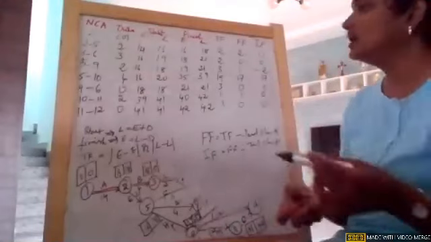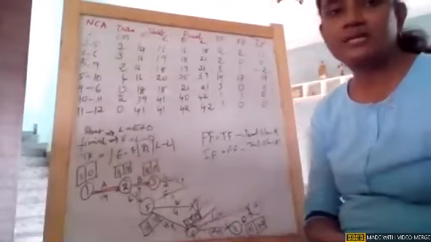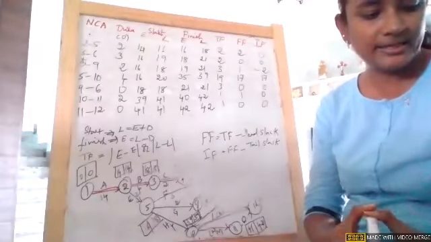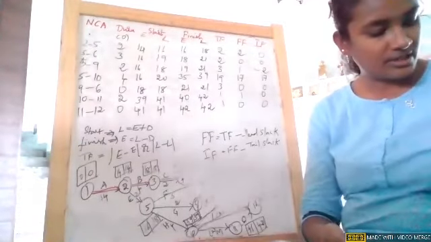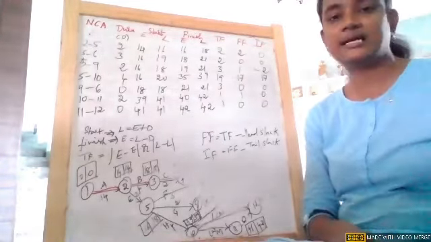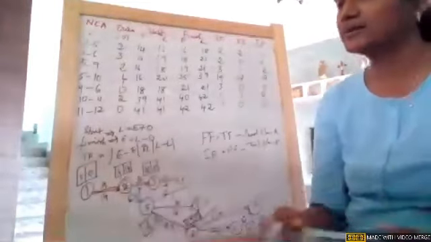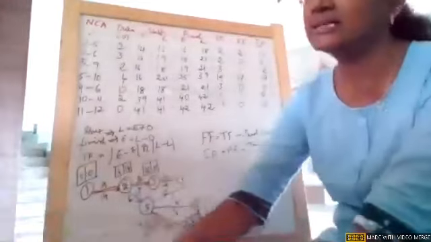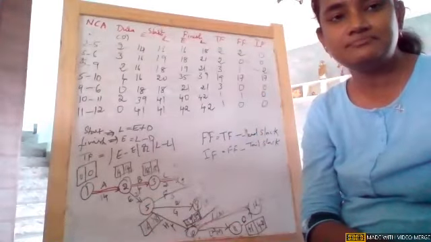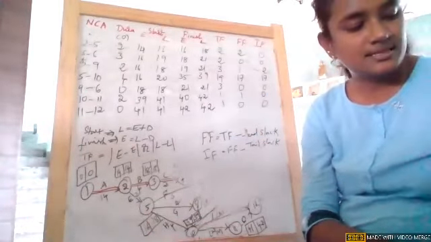So this is how slack is nothing but the difference of the earliest and latest. If it is head, it is the difference of earliest and latest on the head. If it is tail, the difference of earliest and latest on the tail. So this is how you need to solve a critical path method, which you will be evaluated for 12 marks, hopefully, if you are writing a theory exam after the semester. Okay, girls, any doubt now?